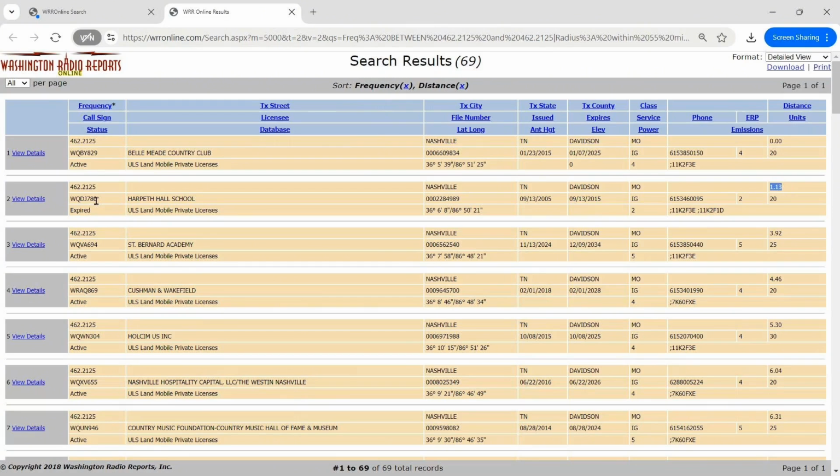Now I didn't say active only on this because I want the ones that are expired. Maybe they just recently expired and they're still using the system. They don't know it expired or they don't care. And so in this case, that's expired so long ago, it shouldn't be an issue. But this shows me that the first active co-channel is about 4 miles away, the St. Bernard Academy. And so I think you can see how you would use this to find who is causing you